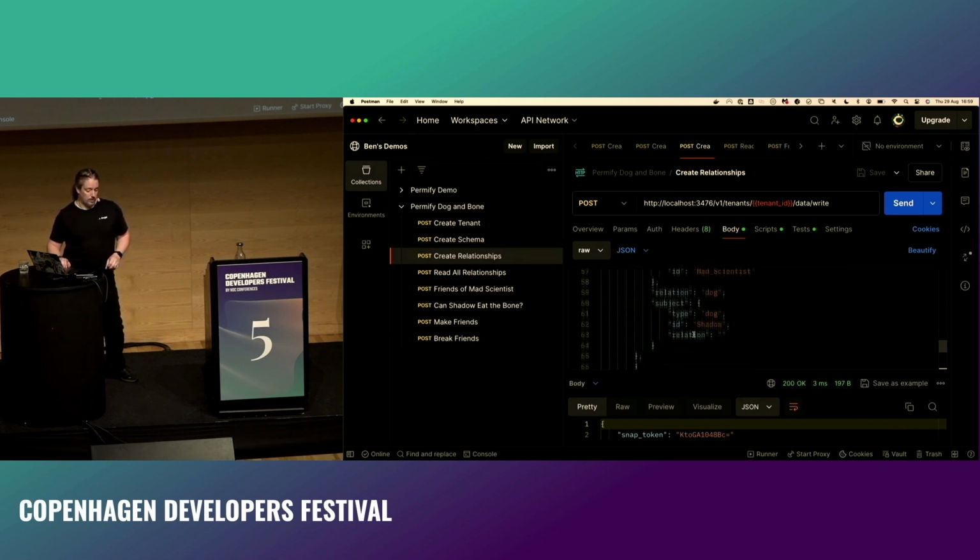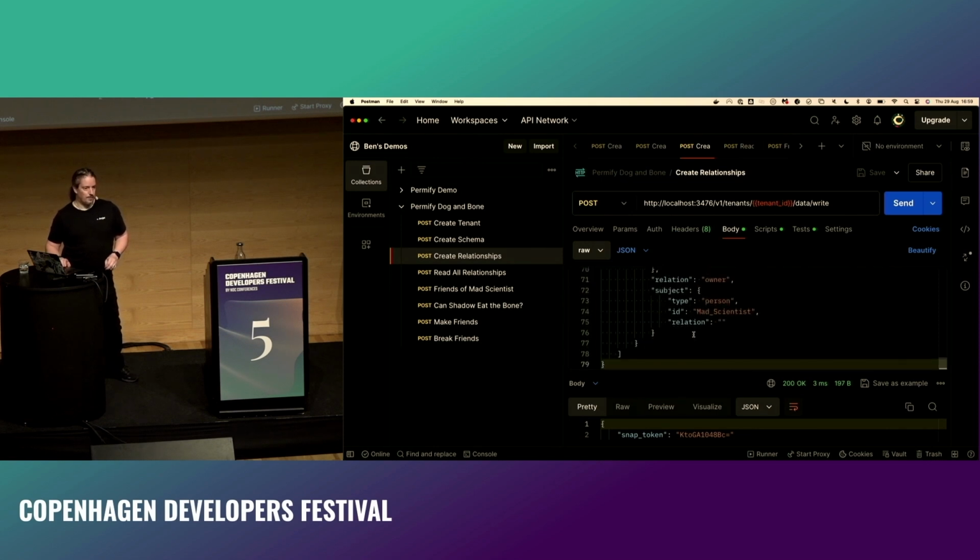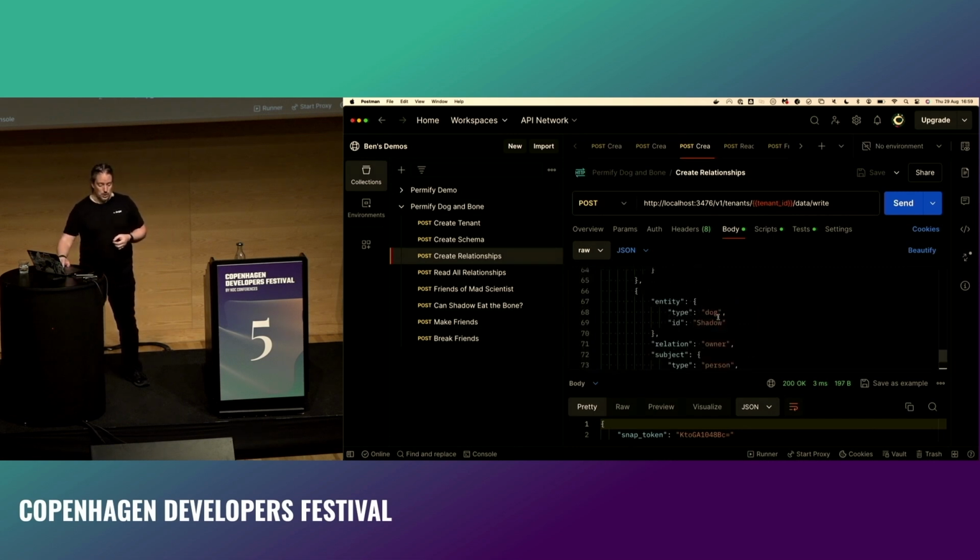A dog is a dog of a person, and a person can be an owner of a dog, and that's it. That models our 4 entities together in exactly the same way as we were looking at in the example of the schema. But we're actually defining now the mad scientist, the farmer, Shadow, Dolly the sheep, because of course it had to be Dolly the sheep,